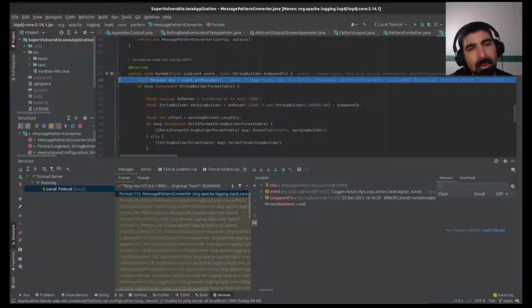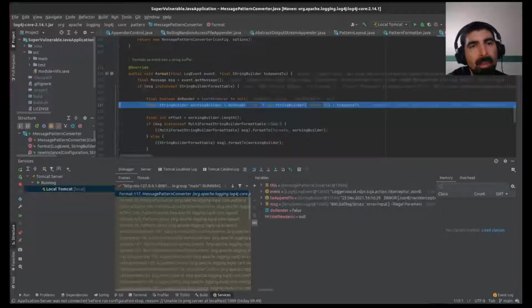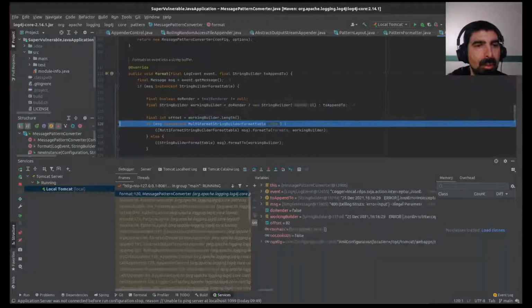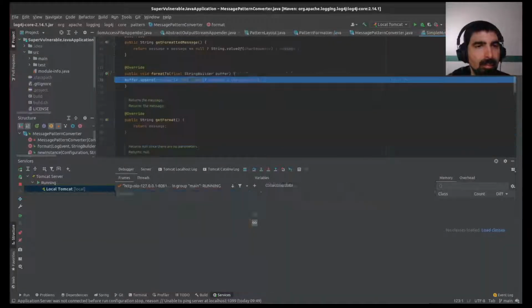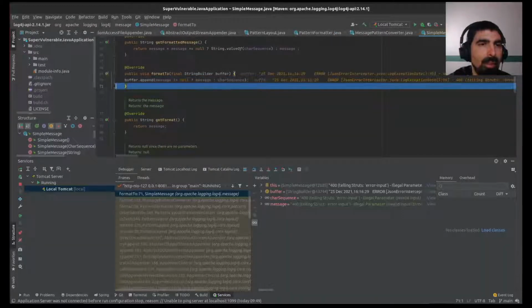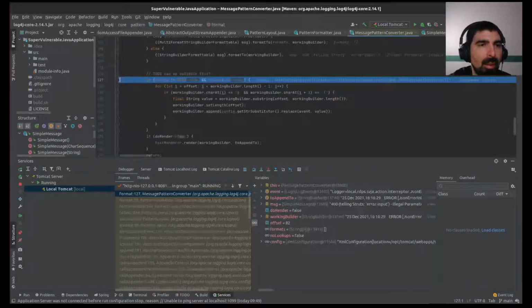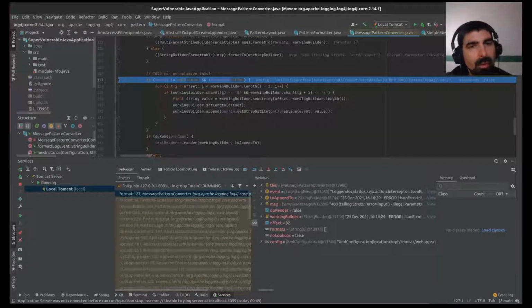So message pattern converter is responsible for converting a given message based on how the string supposedly smells. In this case, what it's looking for are our semicolons. We see here